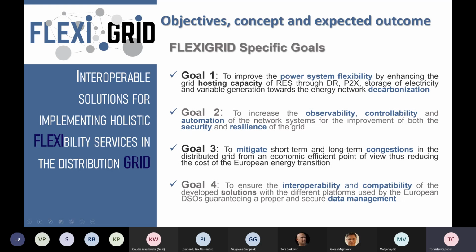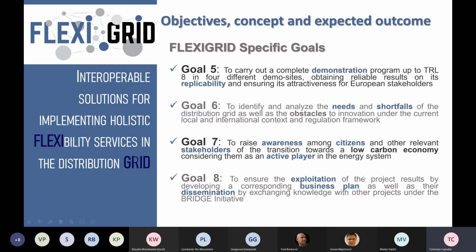So again, if you develop multiple solutions, they should not be just separate tools which you have to run in a non-coordinated way, but we are working on interoperability and compatibility of these tools. We are carrying out the demonstrations to bring it up to technology readiness level 4, meaning that they are ready for replication and market development. So selling those solutions actually to different stakeholders outside the consortium,